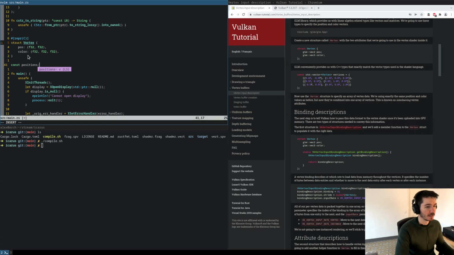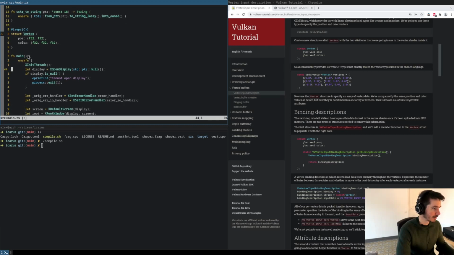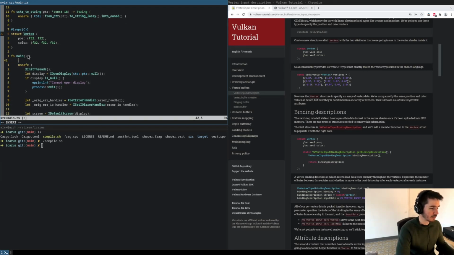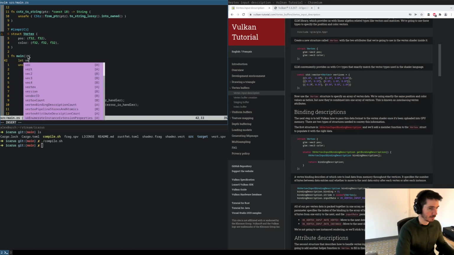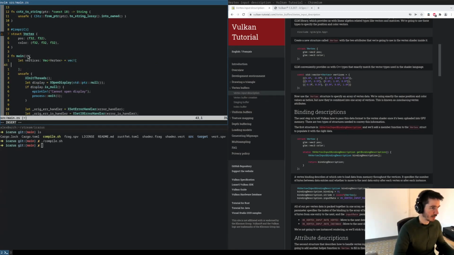And it is a vector, so probably we won't be able to, because vector allocates, we won't be able to do it as a constant. We can do it here. Vertices is gonna be a vector of Vertex, and we can use the vec macro to specify